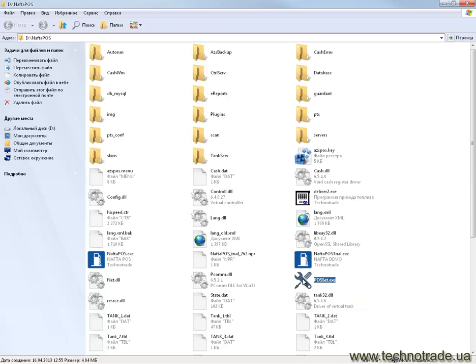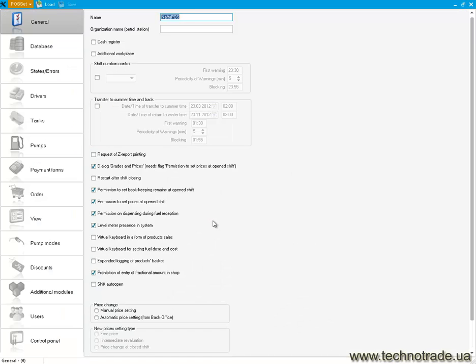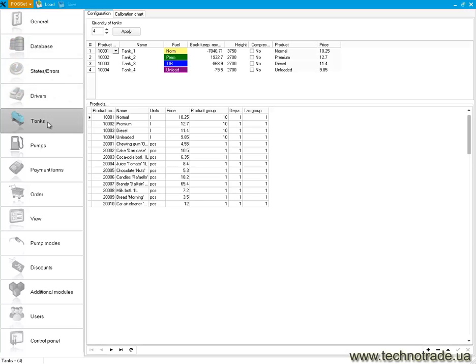Running POS set, login password, and we are in. First of all, we will specify the quantity of tanks in the system. I already specified in the PTS controller configuration that there are 4 tanks, so each of the tanks is to be configured in the Naft POS software. How to make it? First of all, we need to